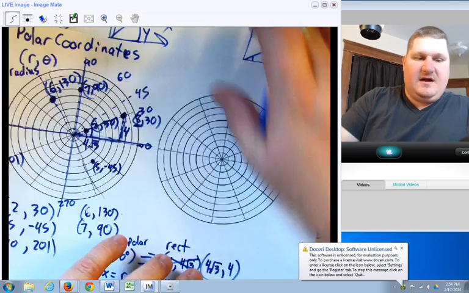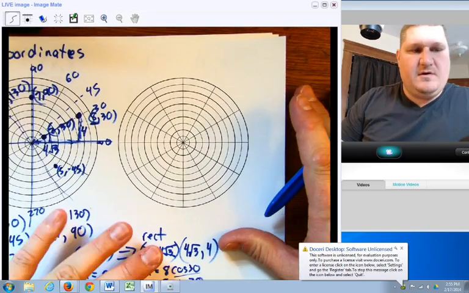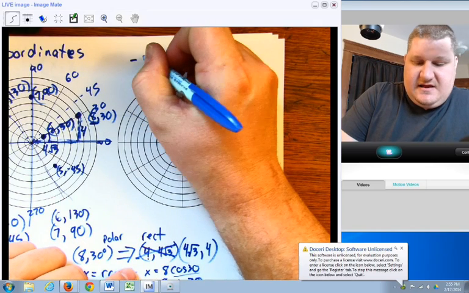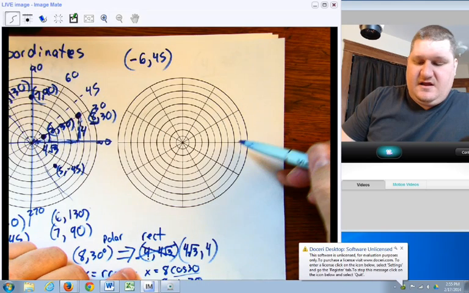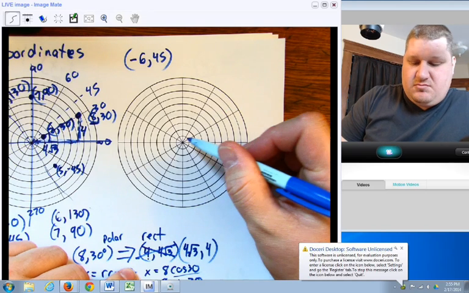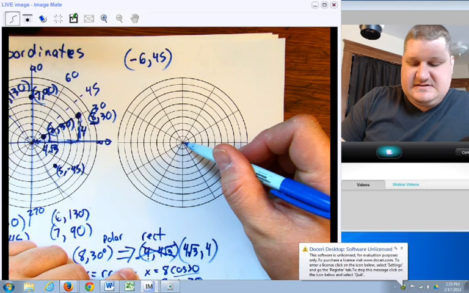One thing that might be a little bit different is if I give you a point like this. If I say negative 6 comma 45. Now, if it were negative 45, we would simply go down 45. Since the radius is negative 6, instead of going 6 out